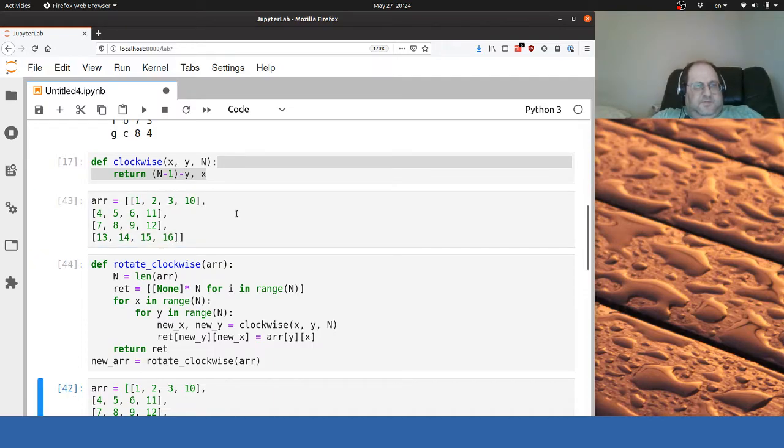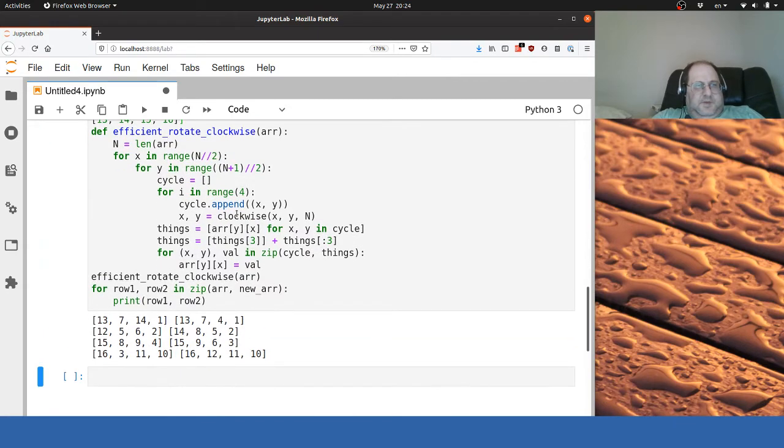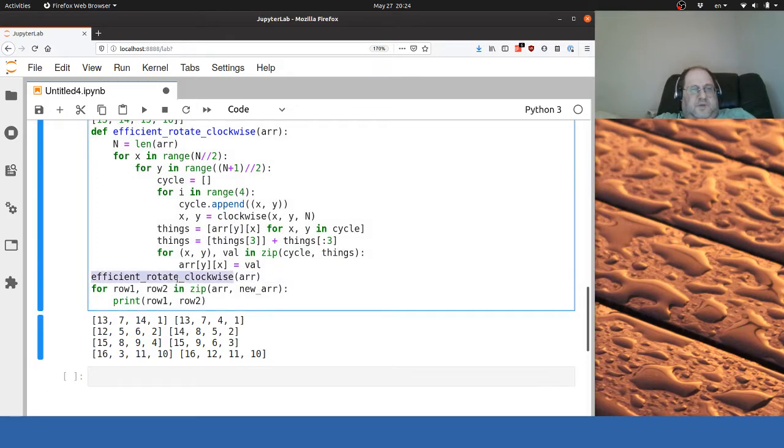Okay, so now it's the same, right? So this is efficient clockwise, rotate clockwise R, and okay, now